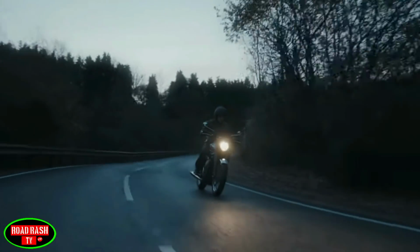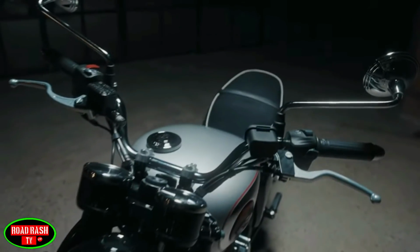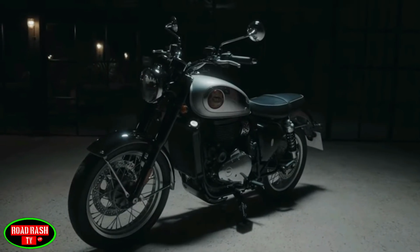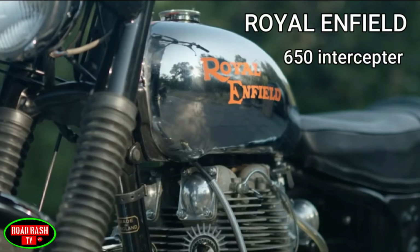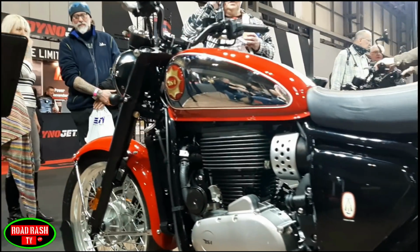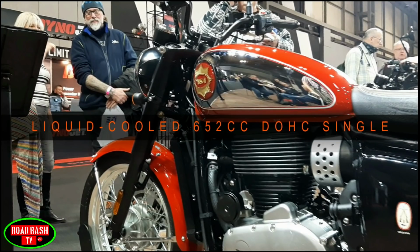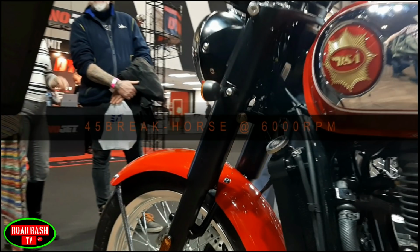So one of the things that we think makes this bike stand out from the crowd is BSA's opted for a large capacity single, when even the likes of its long-term rival Royal Enfield's moved on to 650cc parallel twin engines. The new A2 compliant machine's powered by a 652cc single-cylinder DOHC engine that produces a claimed 45 brake horsepower at 6,000 RPM